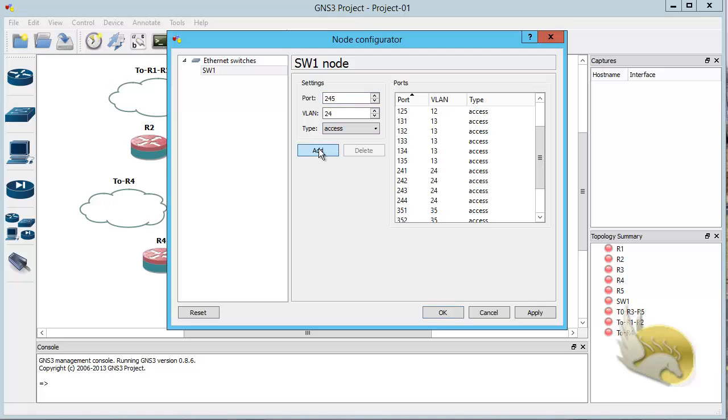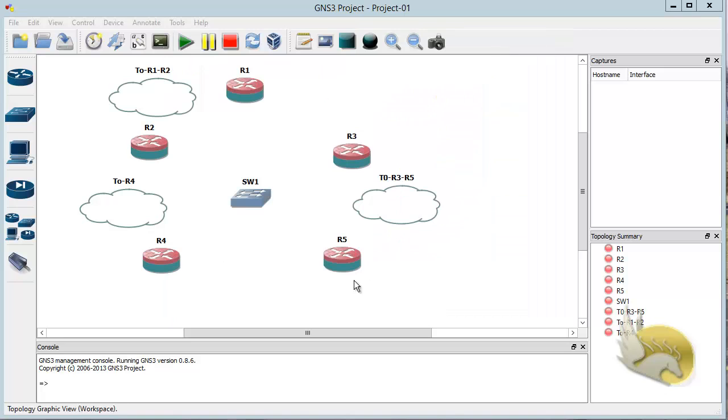That's it. These are the VLAN names and port names, and I have created this just to find the VLANs easily on the switch. So click on OK. Now I have as much as 16 ports, I guess, here, and I can use these ports to connect to each of these routers. Let's go to connection, and by connecting I'm going to make sure that everything is connected